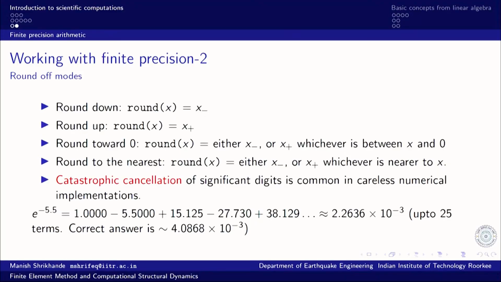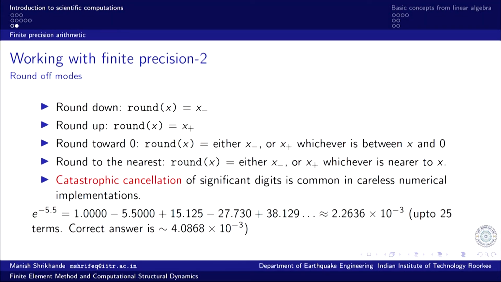You can check that out. The calculator result would be about 4.08 multiplied by 10 to the power minus 3,